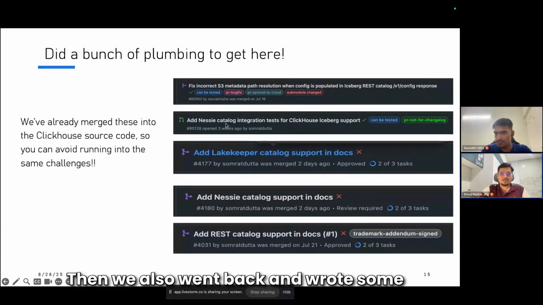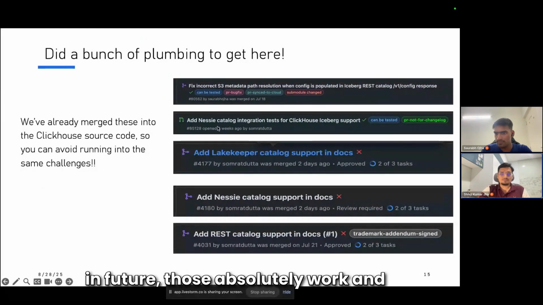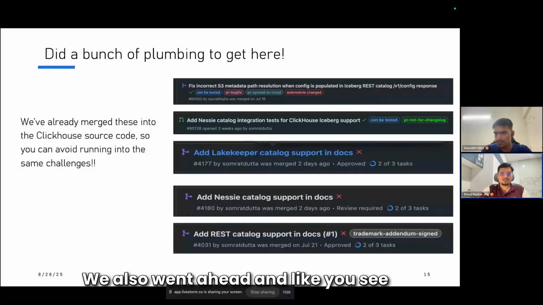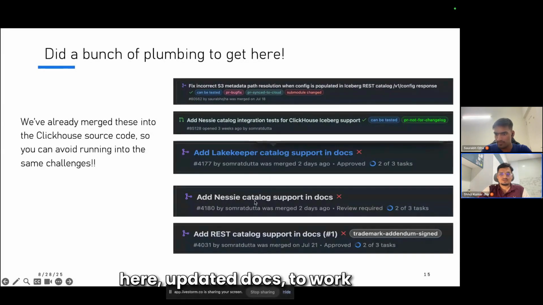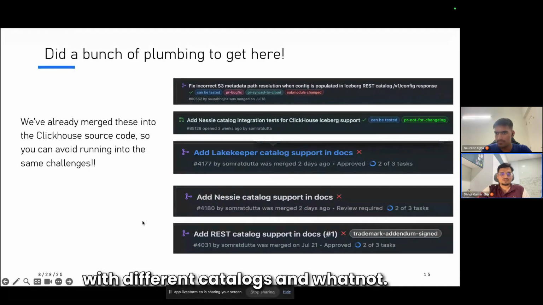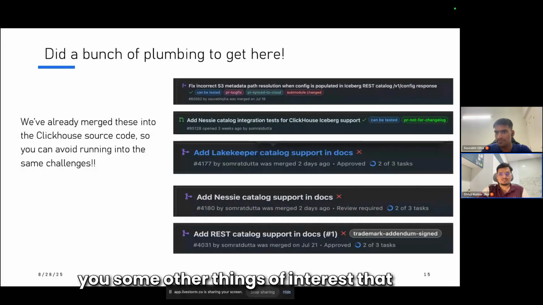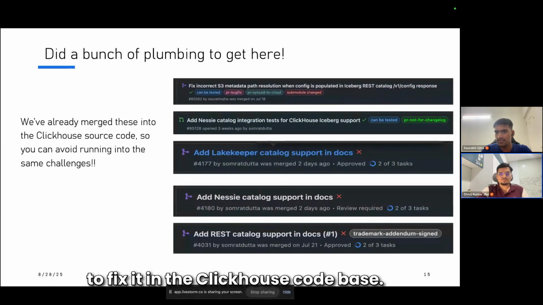Then we also wrote some test cases in the code base to make sure that whatever we are dependent on in future absolutely works and doesn't break because of a regression. We also updated docs to work with different catalogs and whatnot. We will share some other things of interest that, if you are interested, you can go and try to fix in the ClickHouse code base.